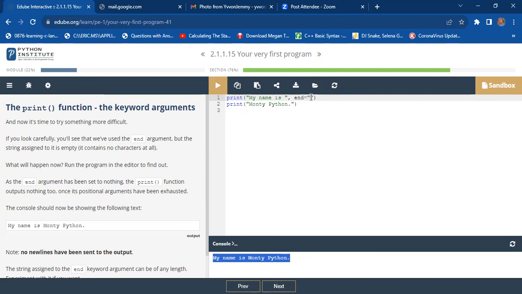But if we add a space here and run it, as you can see, it has added a space. We can try and add a letter and see what will happen. Let's run it and see. As you can see, it has added the two S that we have added. So this shows us that